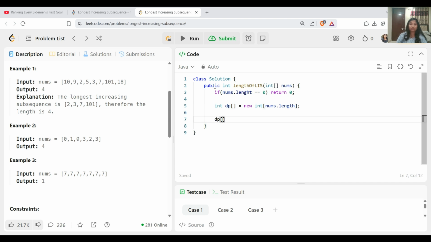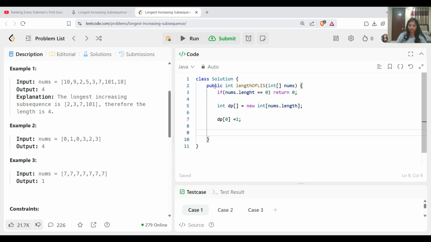Then we will keep dp of 0 as 1, and in the very starting we take the max length, that will be equal to 1.